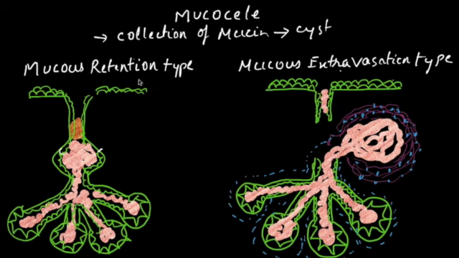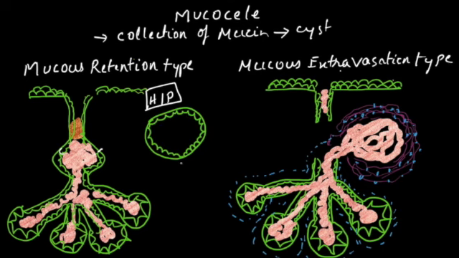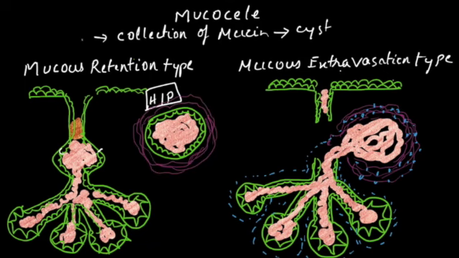Now coming to the histopathology of mucocele. First we will learn the histopathology of the mucus retention type of cyst. We know that the mucin is getting collected inside the ductal system. So histopathologically we will see an epithelial lining, that is a ductal epithelial lining, in which we have the mucin collected, and the stroma will show some condensation around this cystic cavity, and very importantly, we will see some inflammatory cells. In the vicinity of this cyst we see the mucus acini and the feeder duct.